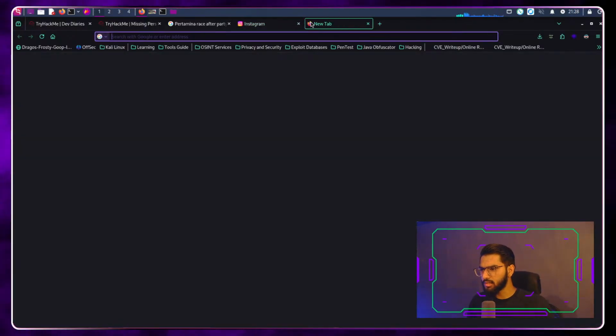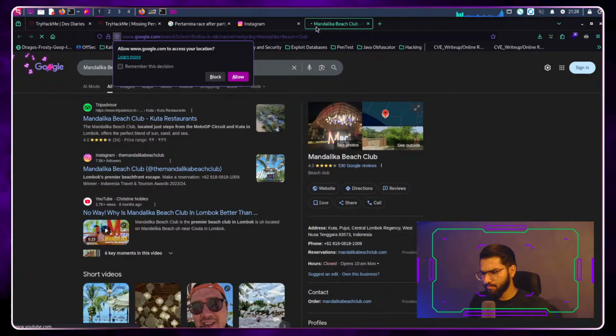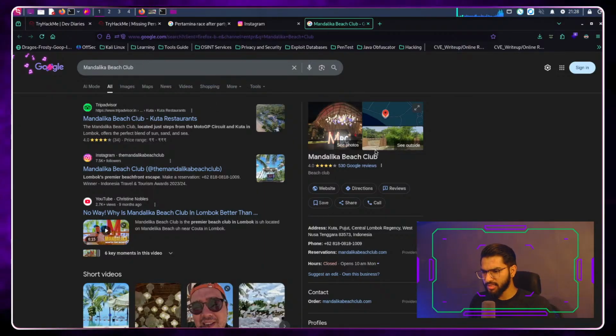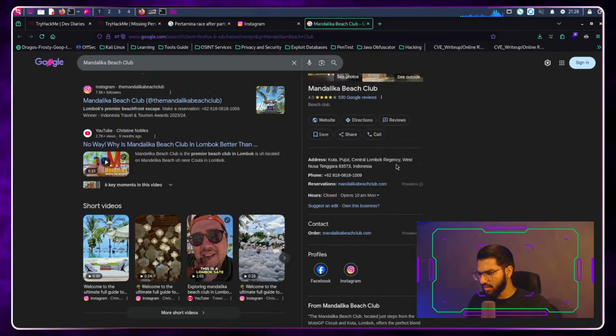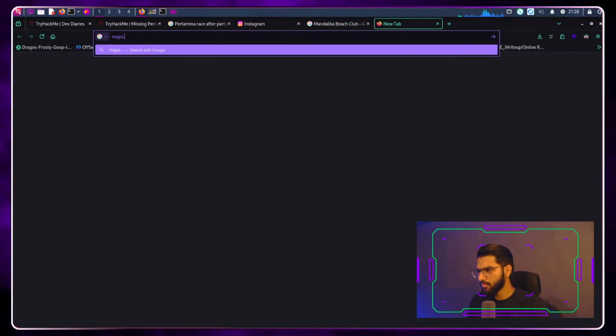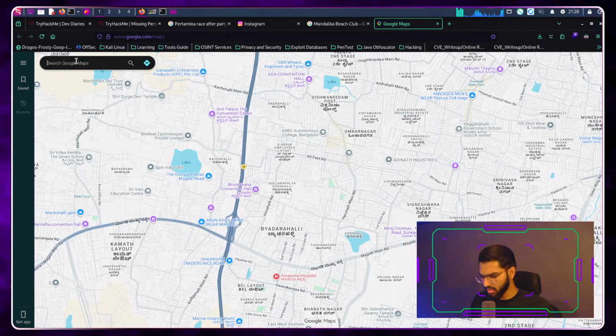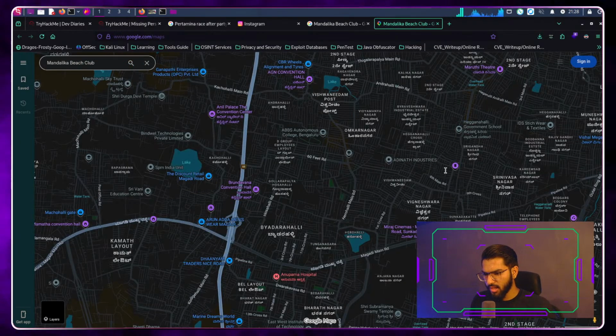So let's search for it, and you get some address here. It says Mandalika Beach Club. Anything more specific about it? Where exactly is this? Let's open it on maps and search this location here.